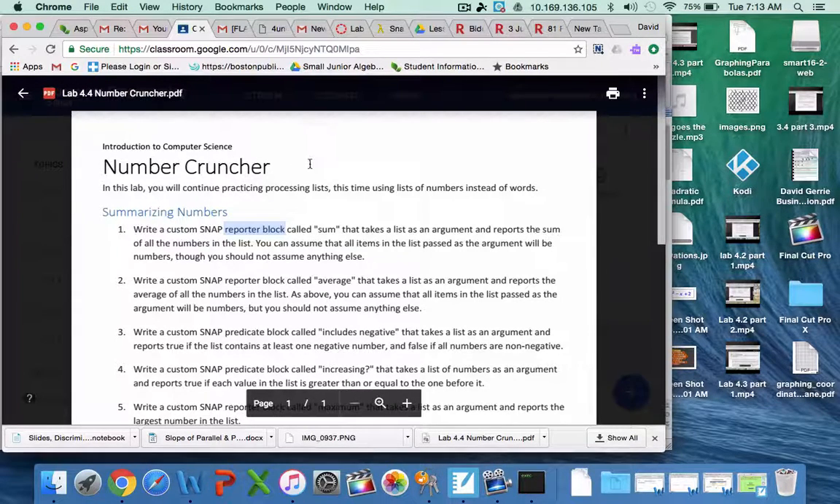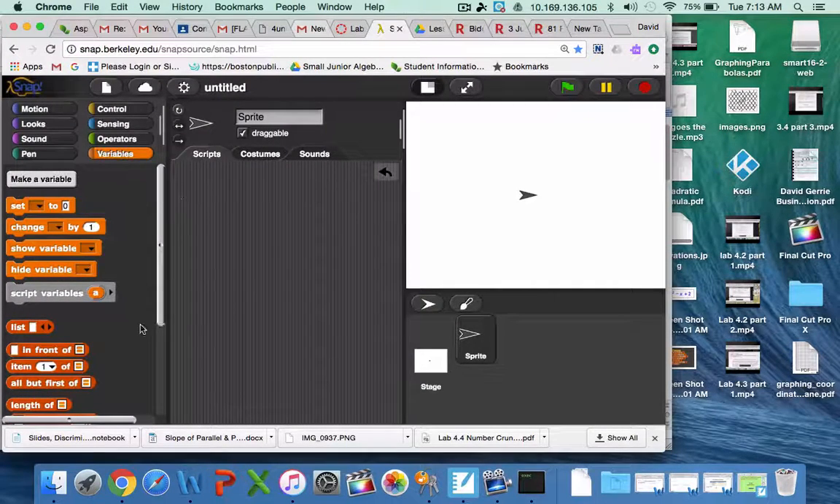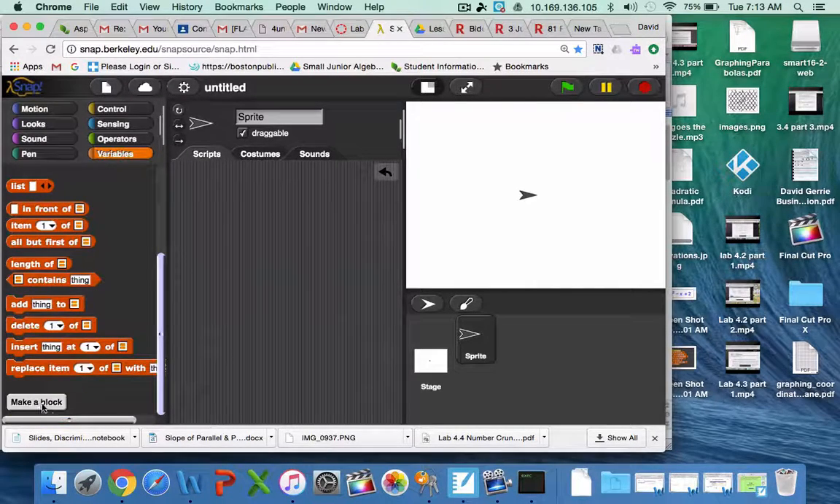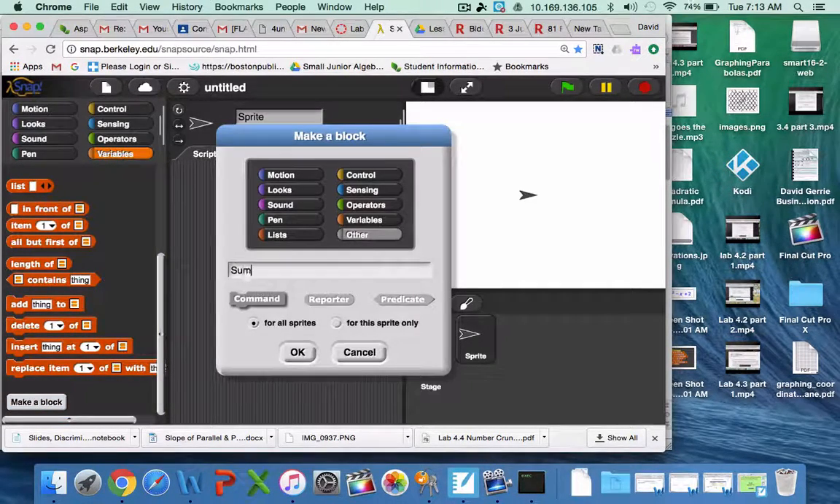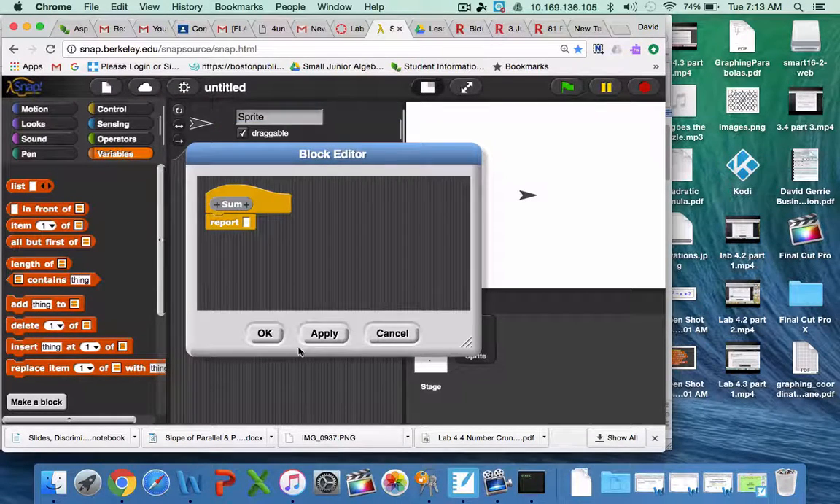Okay, we can do that. So let's go over to our trusty Snap tool area, and we're going to make a reporter block. So it says make a block called sum, and you need to click on reporter. Okay. Now,